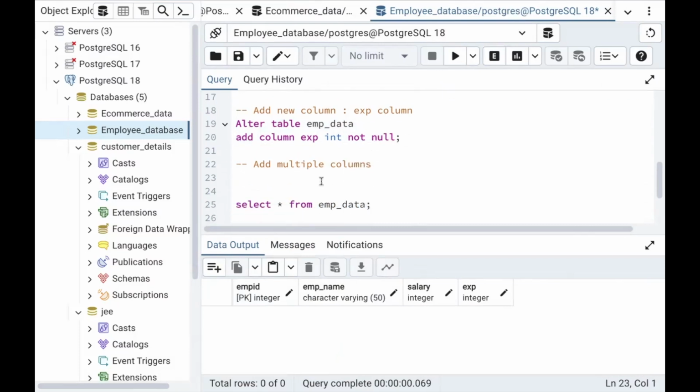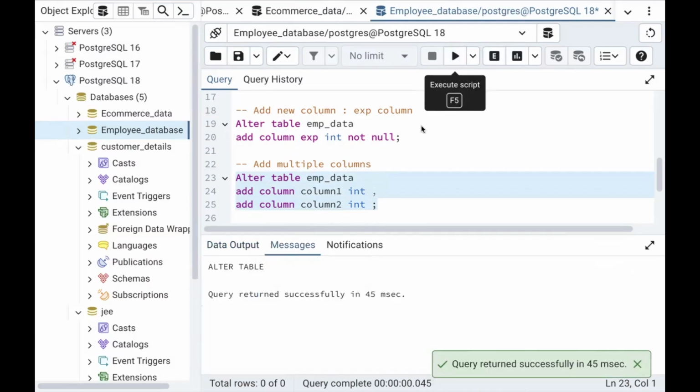For adding multiple columns, let's say, for example, I'll say alter table, your table name is employee data. Let's say my first column name is, I'll add some dummy columns, so I'll just call it column 1. Data type is just an integer, comma, then column 2. Again, don't forget to mention add column. Add column, the first column. Again, you have to repeat the query, that is add column. You have to add the next column, which is column 2, and its corresponding data type. If you want to add one more, make sure you mention add column. So this is how you add multiple columns.